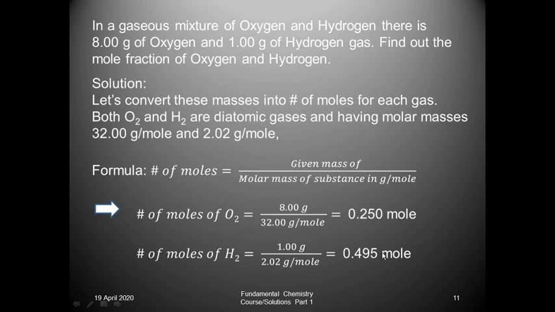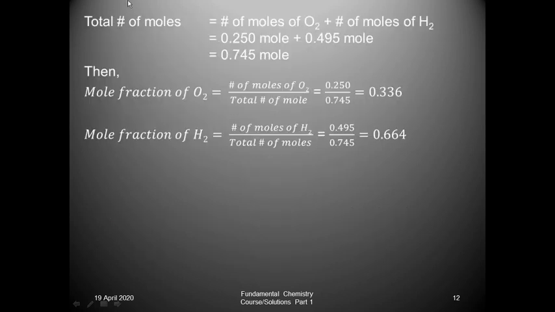Moles, you just multiply this number with Avogadro number to get that many molecules. Obviously at both places you are going to use 6.022 into 10 raised to 23 only. This number will decide who is having more number of molecules. Then next, total number of moles: the number of moles of O2 and H2 that you have calculated, you just add them, you know how to add.